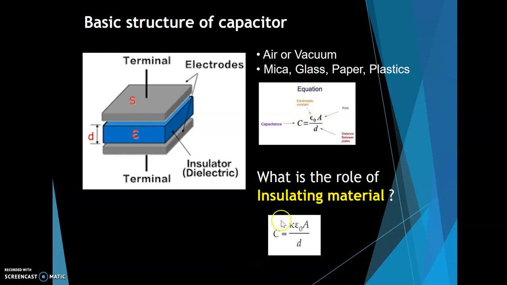The capacitance is also defined by this formula considering the parameters of the capacitor device. The capacitance is directly proportional to the area of the electrodes and inversely proportional to the separation between the two plates. So if you increase the area or decrease the distance, one can increase the capacitance value